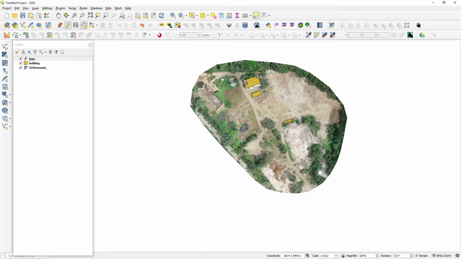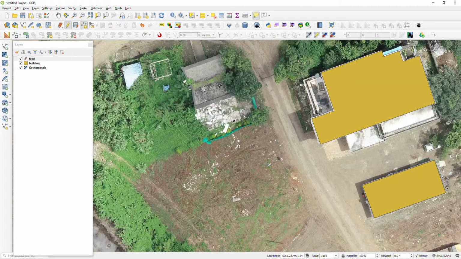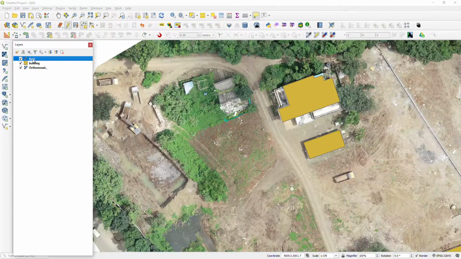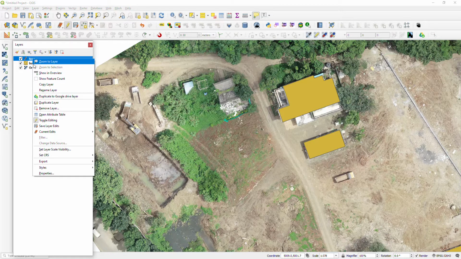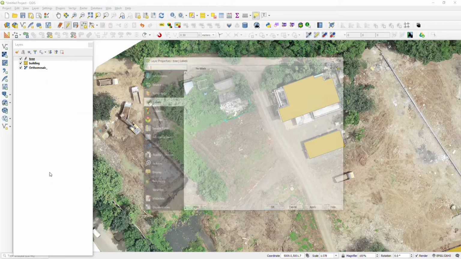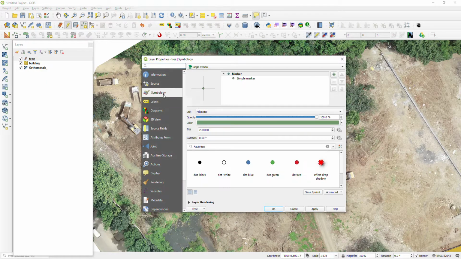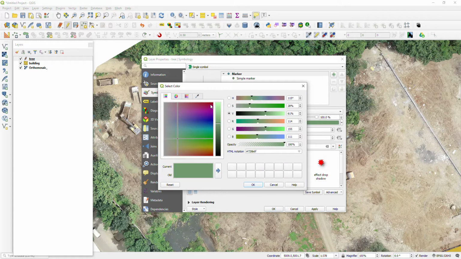You can see that the color is similar to the screen, so it is not visible. You can change the color. To change the layer color, right click on the layer, go to properties, then click on symbology, then you can change the color you want for the particular layer.